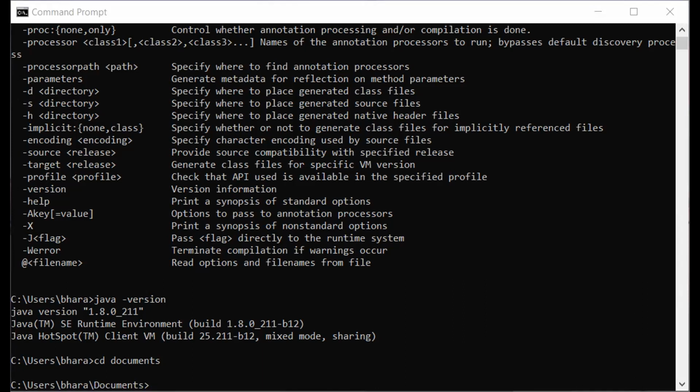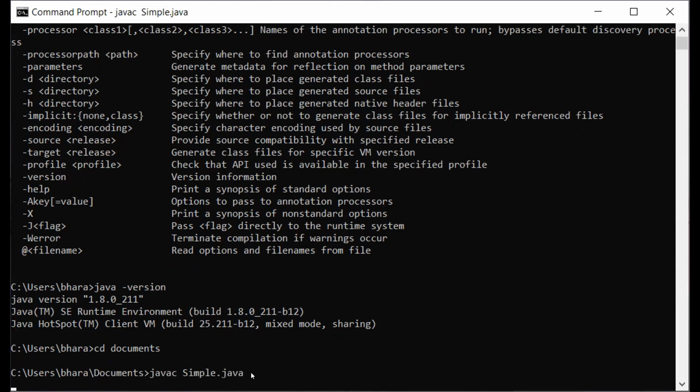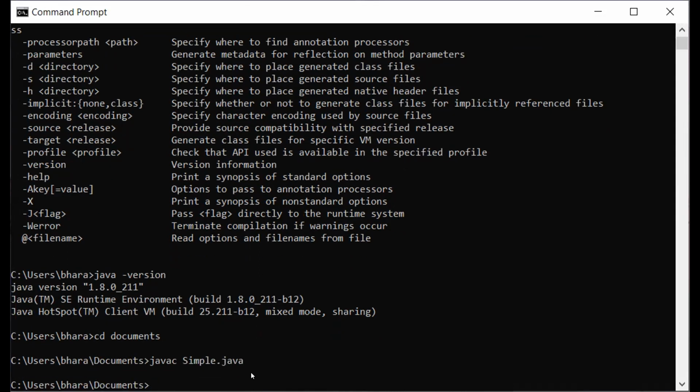How to compile? javac space, and the program name, simple.java. If any compile time errors are available, they are displayed here. Otherwise, if there are no compile time errors, then we will run the program.